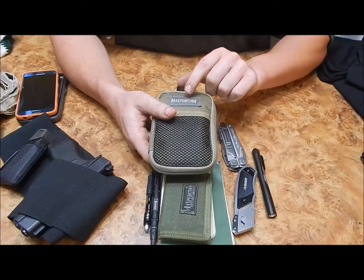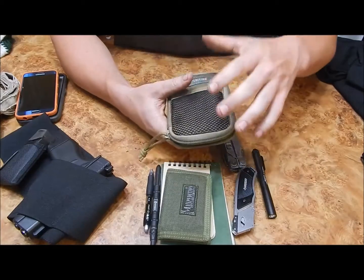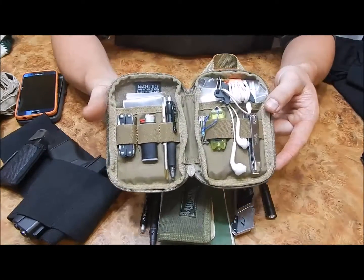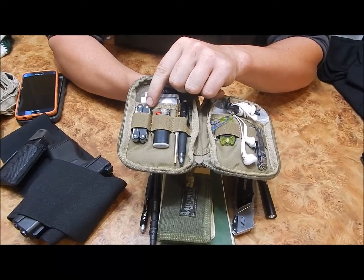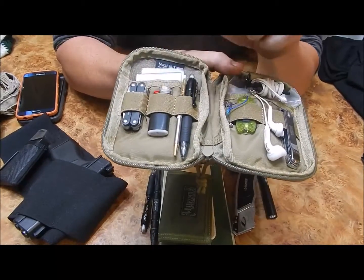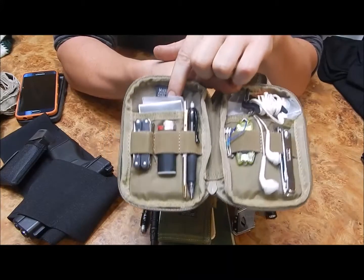The last part of my EDC is a Maxpedition Micro pocket organizer. Micro or mini, I don't know, it's the smallest one. So it has a mesh pocket on the front I don't really use. I'm just trying to get through this video pretty quick so I don't bore you guys. What I have in here is a Leatherman PS4 Juice, PS4 Squirt, one of those. One of the smallest multi-tools to make. A bobby pin next to there, a mini Bic, a mini pen, a mini mechanical pencil, and some duct tape